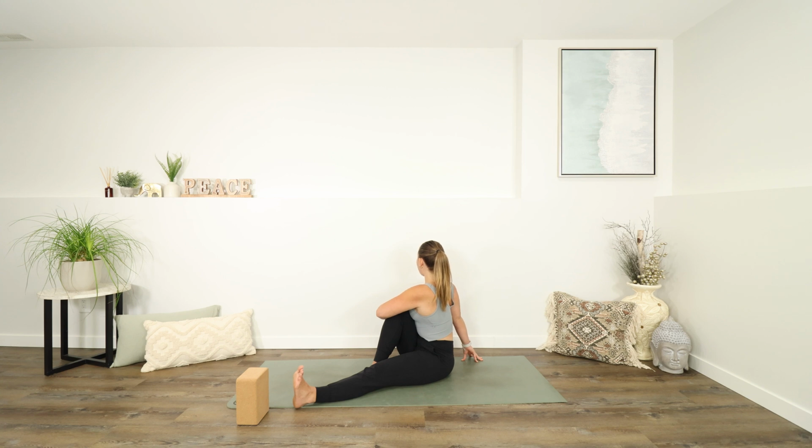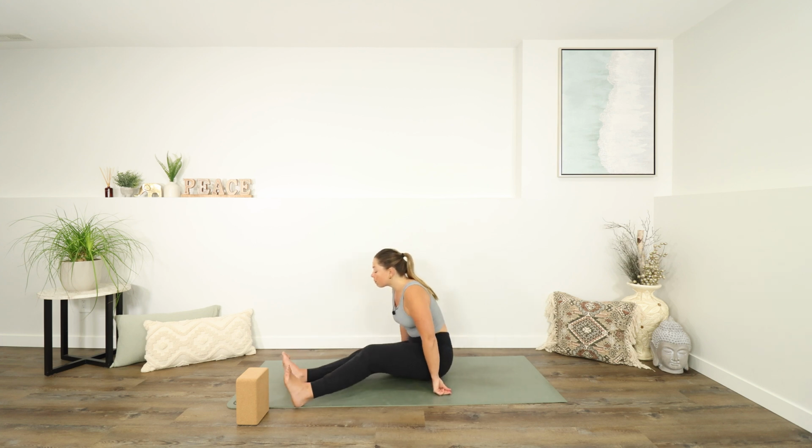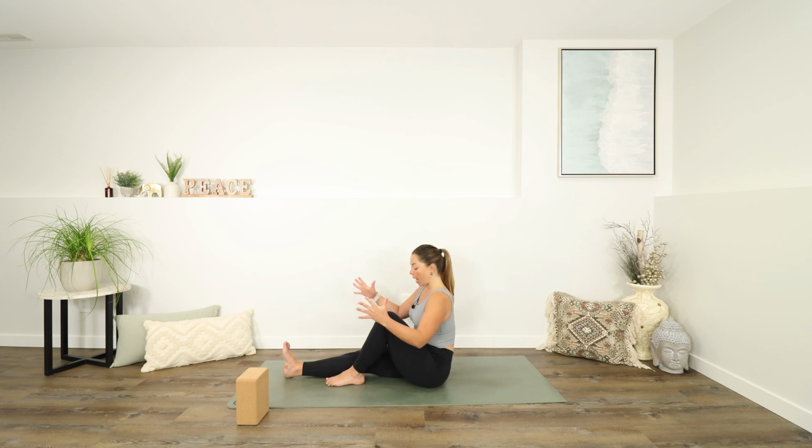Keep your spine as long as you can. Keep pointing your left toes up. You can let your next inhale bring you back to face forwards, sending your right leg out long, bending your left leg in. Plant your foot beside your leg, hold your knee, point your right toes up, and inhale to